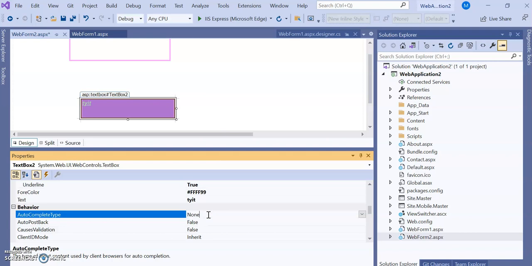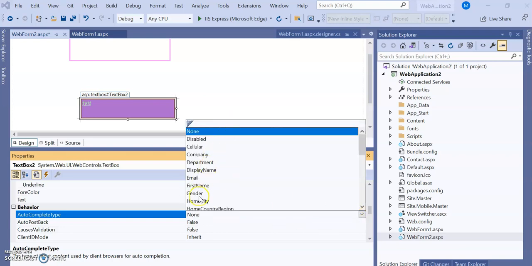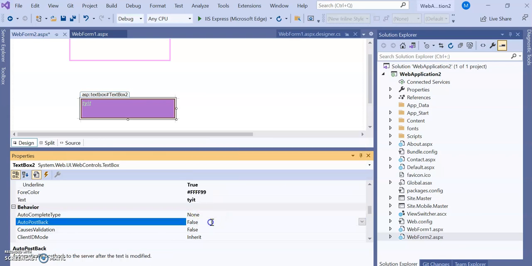Autocomplete type, when you open the browser, then it will try to automatically complete the data as an email or the first name or the gender. Then auto post back, automatically it will post that data to the server once you modify the text. So it will not wait for the button that you should click. So mostly set as false. Validation set as false also.